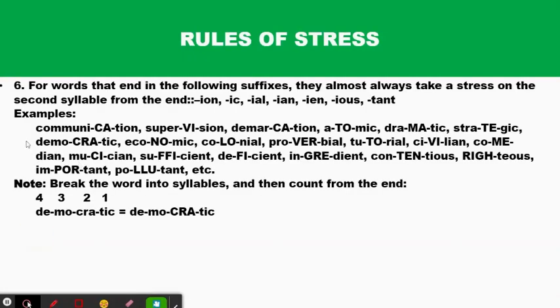Now, rule number six: words that end in the following suffixes almost always take a stress on the second syllable from the end: ion, ic, ial, ian, ien, ious, tant, and so on. Examples: